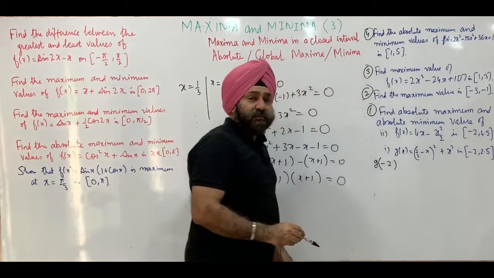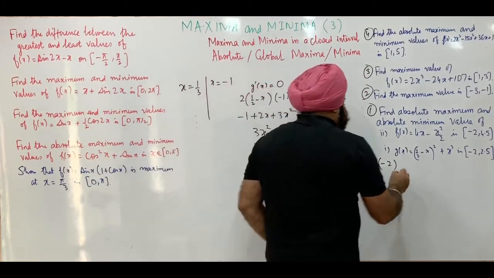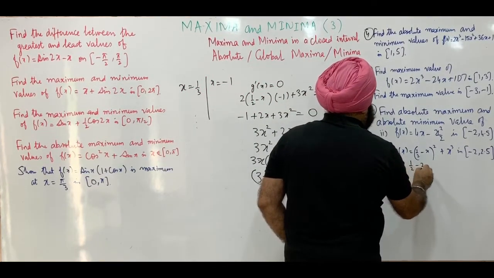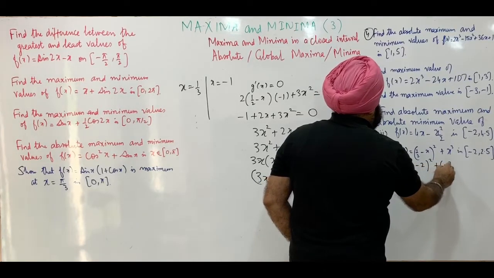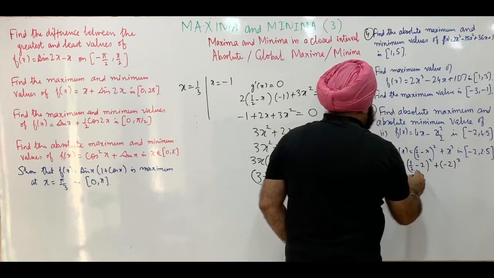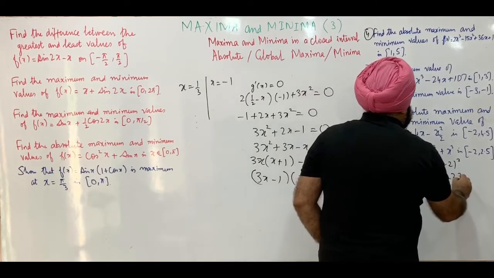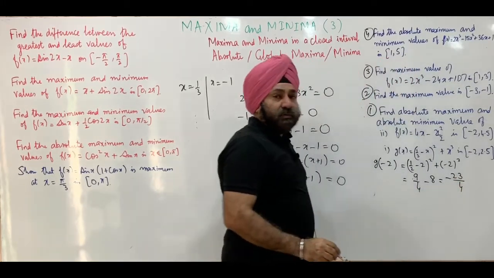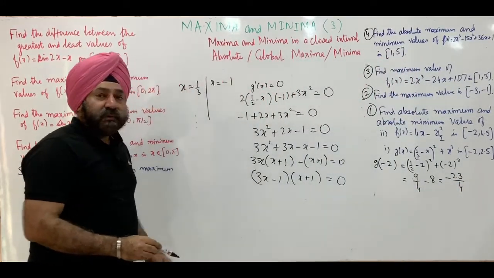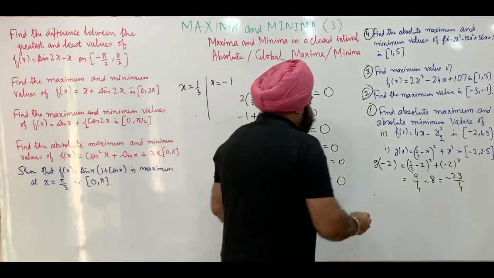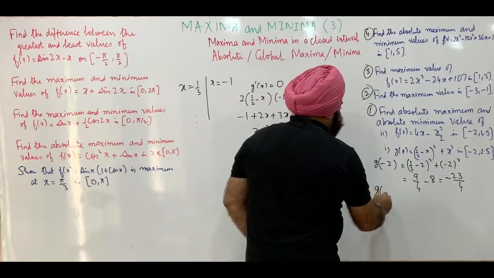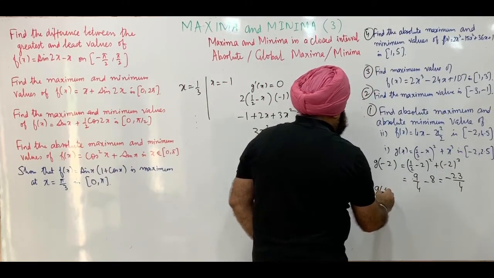That's we find out g of minus 2, which is (1/2 minus 2) whole square. This is minus 2 whole cube, minus 3 by 2 whole square, that is plus 9 by 4 minus 8. This is minus 23 by 4. So the value of function at the starting point is minus 23 by 4. We find out g of 2.5, which is 5 by 2.